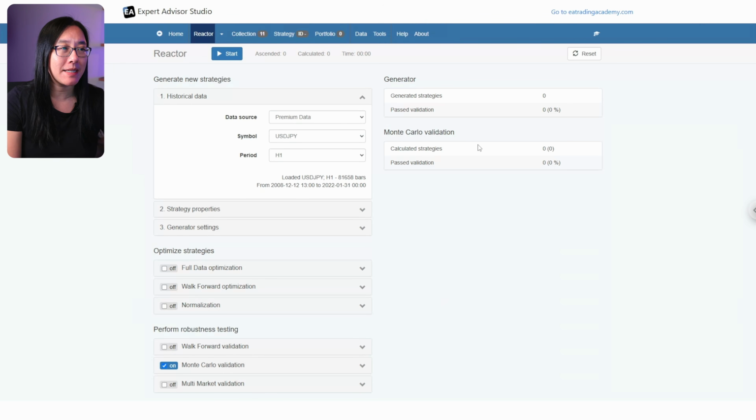for you automatically. And I did run this already overnight for about 24 hours. So what you see here is the result of a 24-hour run. And here I'm using the reactor, and there are three options: the generator, reactor, and validator. I personally like the reactor because this has robustness testing built within it. And you can see here I'm using premium data on the USD/JPY on the 1 hour time frame,